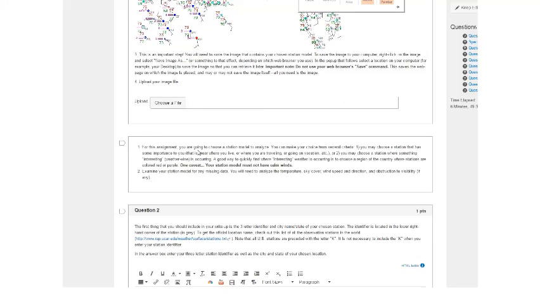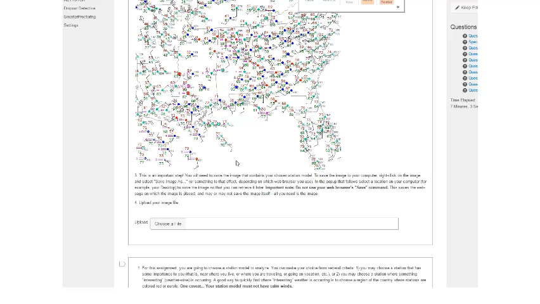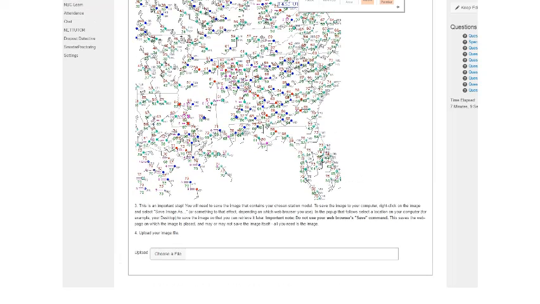Now, the next part is you're going to actually choose a station to analyze. You may have somewhere that's important to you, close to where you live. It may be something where there's a lot of action. One thing you want to do is find a station where you can actually read all the symbols. So in my example here, I